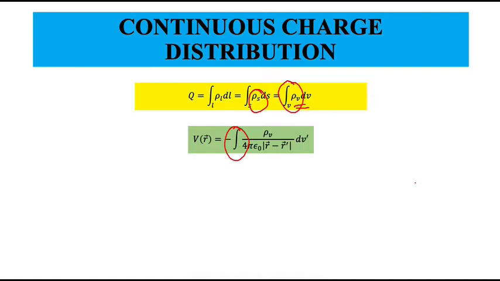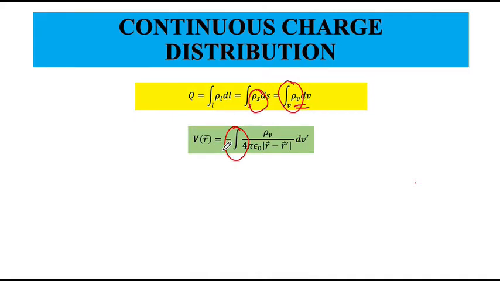Okay, so the appropriate integral in the more general case will be the volume charge integral divided by the distance. The integral has to go not only over the source, but there is also a radial distance involved. Remember, there is a radial distance from the source point to the field point. Okay, so this would be the expression for potential, assuming that we have already chosen a point of constant potential. Okay, so this is the expression of potential of a continuous charge distribution.